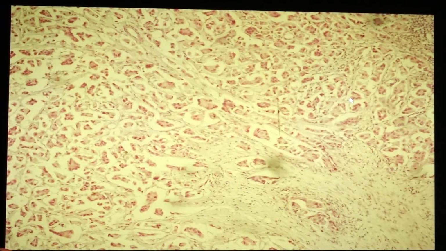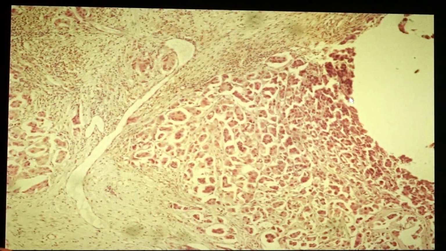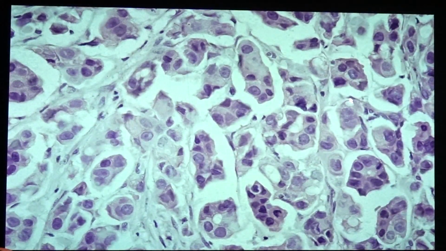Okay, so when you say grade 3, there would be the presence of marked pleomorphism of the nuclei. So here it's mild to moderate, so maybe I would grade this one as grade 2, okay, because of the moderate nuclear pleomorphism, presence of nucleolus, there's absence of mitosis here, and necrosis. Okay, so with regards to